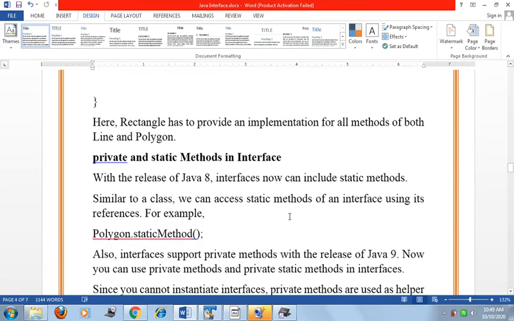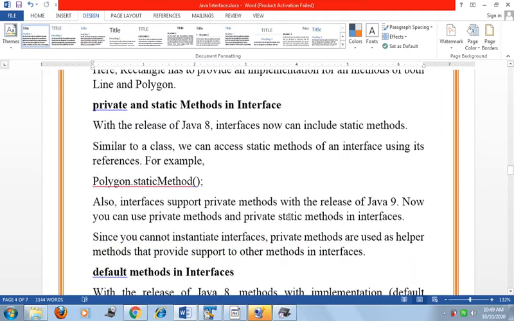So what are the private and static methods in the interface? With the release of the Java 8 version, an interface can now include static methods. Similar to a class, we can access the static method of an interface using its reference, for example, Polygon.staticMethod. Also, the interface supports private methods, released in the Java 9 version.